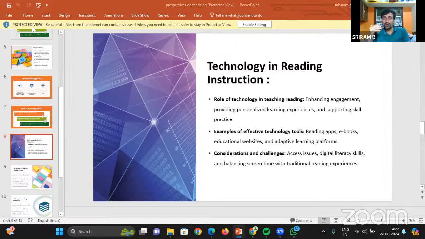If you are trying to access their library, or trying to access a book, you must have the login ID and password. Otherwise, you are unable to enter. You are unable to check and read the book. This is what the access issue is. Okay, yes. Can anyone read the next slide?